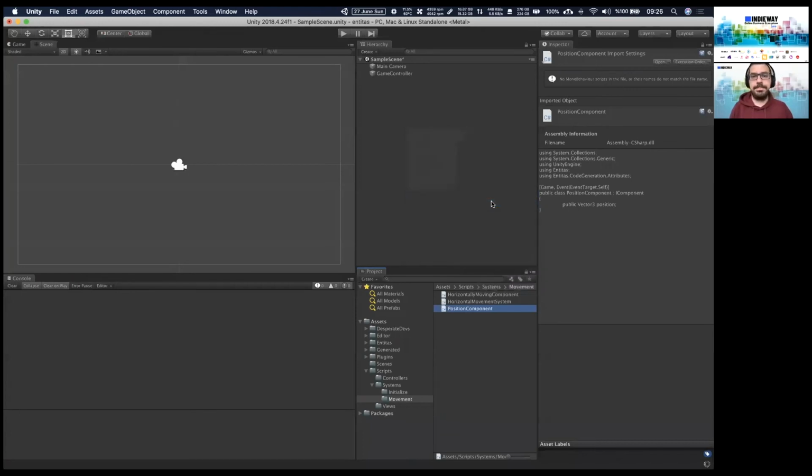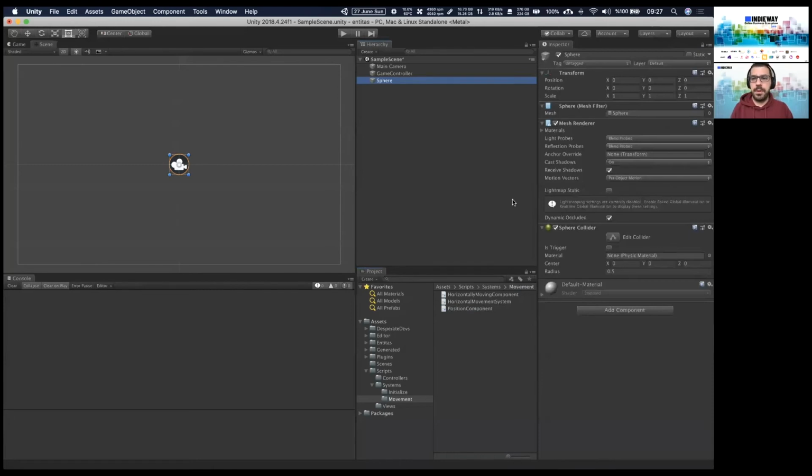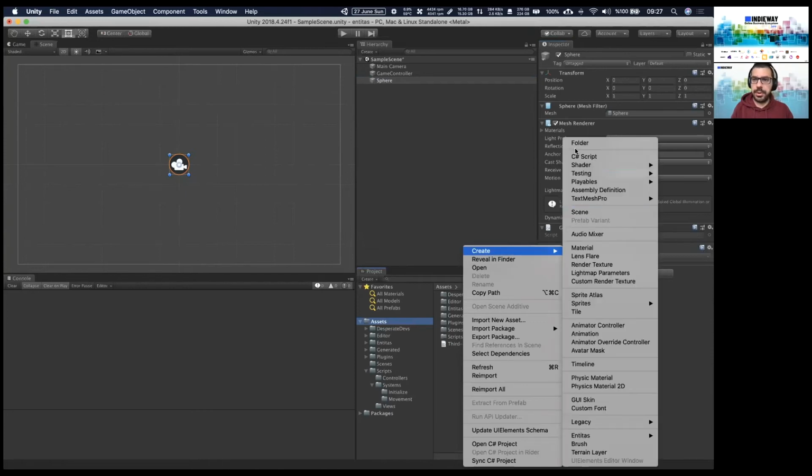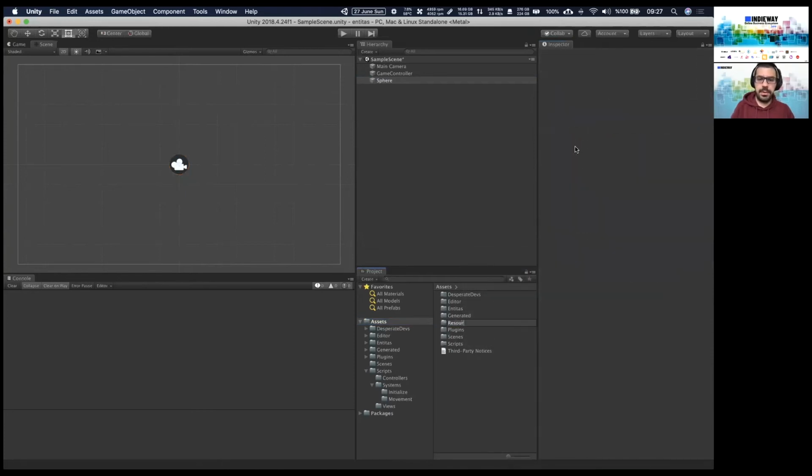Let's create a 3D object here. We don't need these. This game object view connects it with the entity, just like you will see in a moment. Let's put it in the resources.